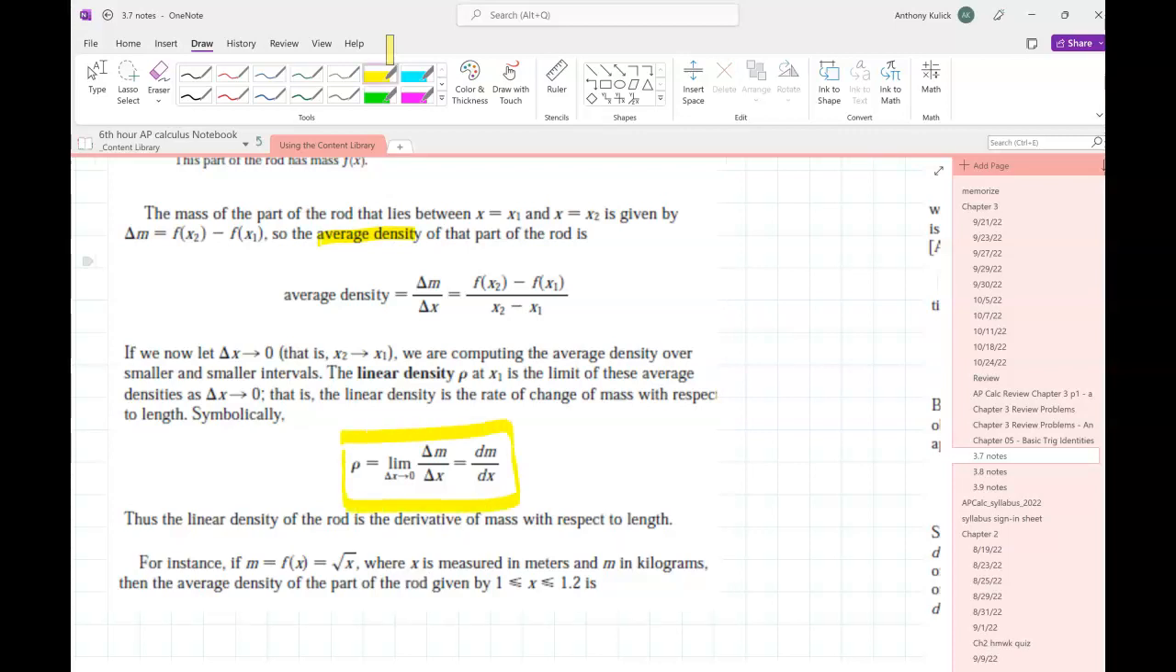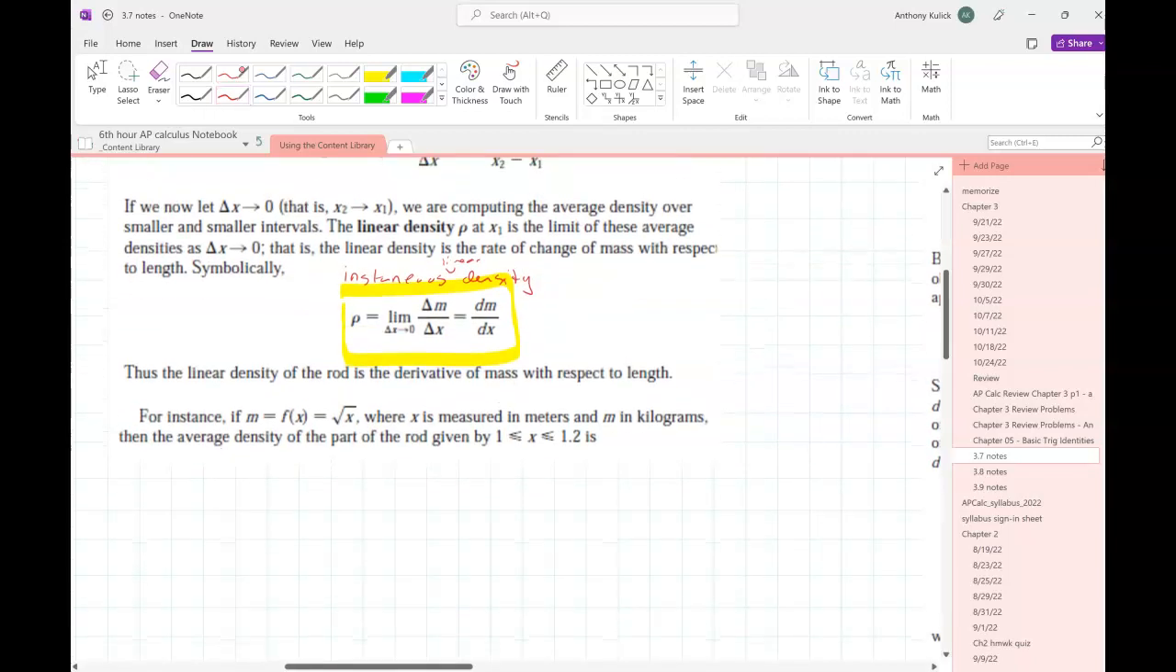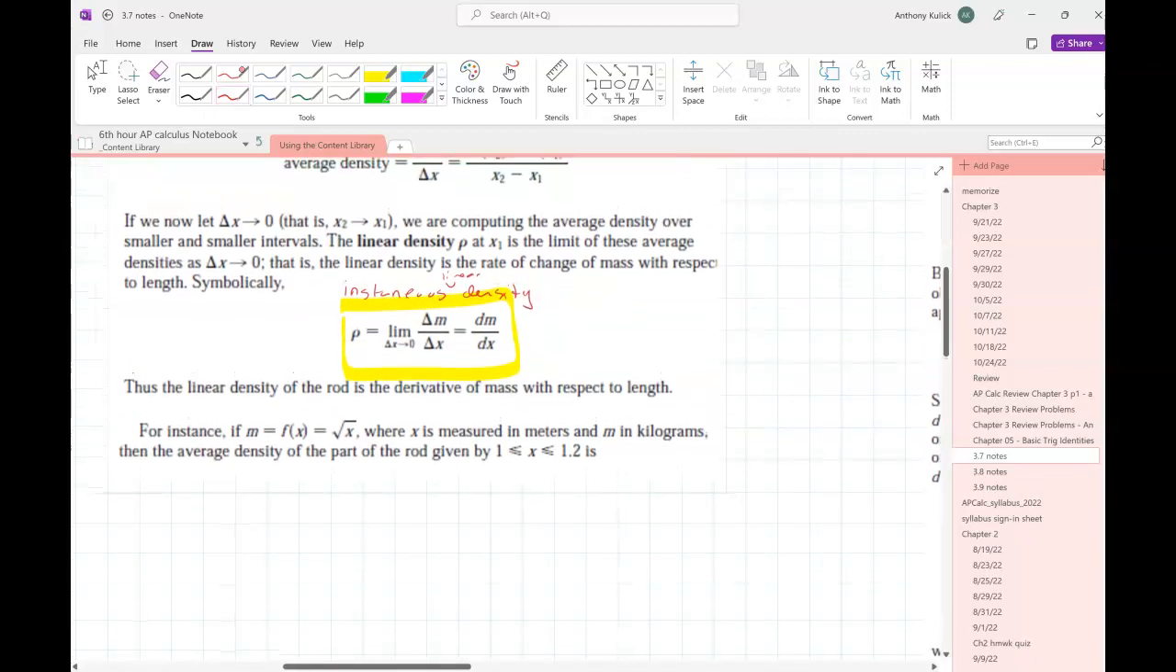What does this look like the same as? The derivative, aka the instantaneous, in this case, since we're talking about density, I think we said linear density. So what are we seeing? The linear density of the rod is the derivative of mass with respect to length. Not a big deal. So, for instance, if the mass function is the square root of x,